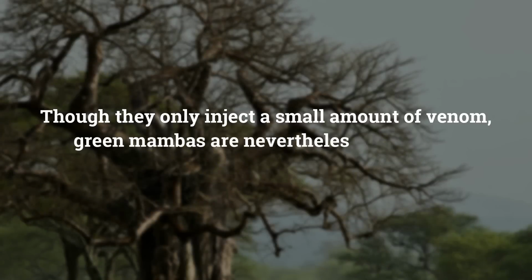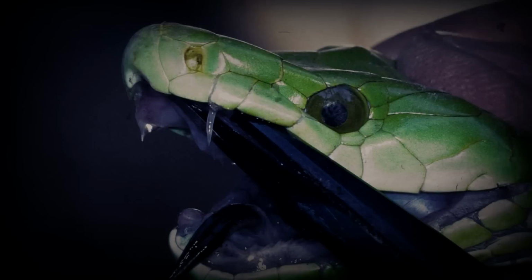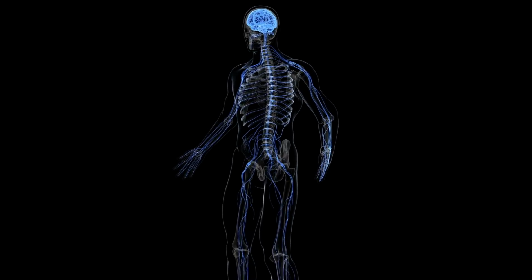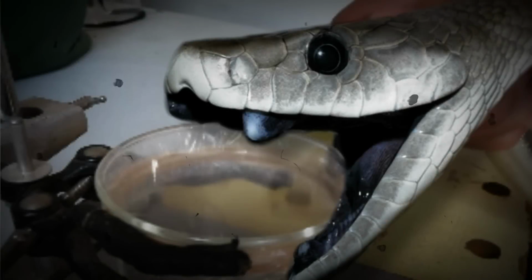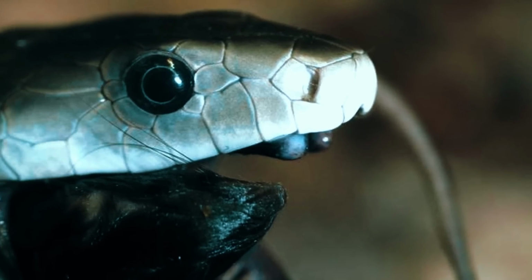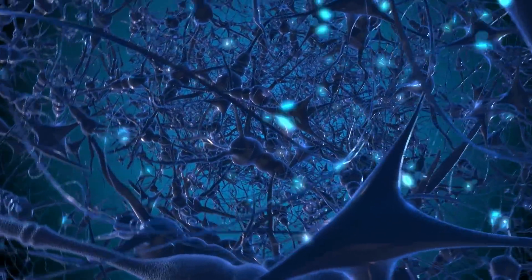Though they only inject a small amount of venom, green mambas are nevertheless dangerous if left untreated. A powerful neurotoxic venom secreted by green mambas targets the central nervous system and paralyzes the victim's breathing. Slurred speech, tightness in the chest, and tingling around the mouth are further symptoms. Black mamba venom is fast-acting. Without anti-venom, a black mamba bite has a 100% death rate because it paralyzes and shuts down the nervous system